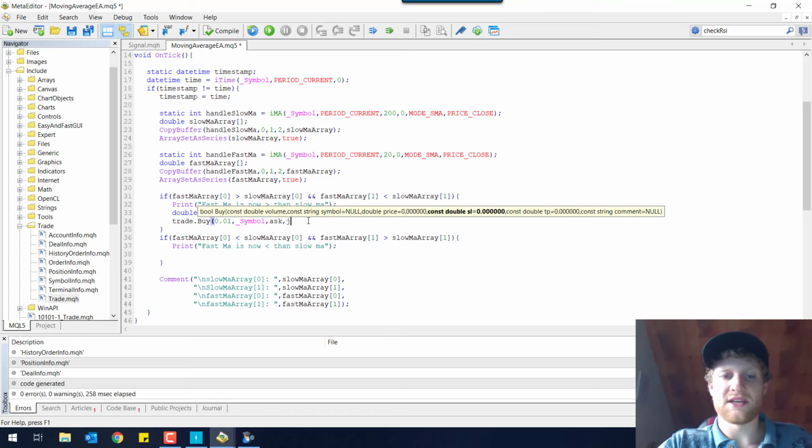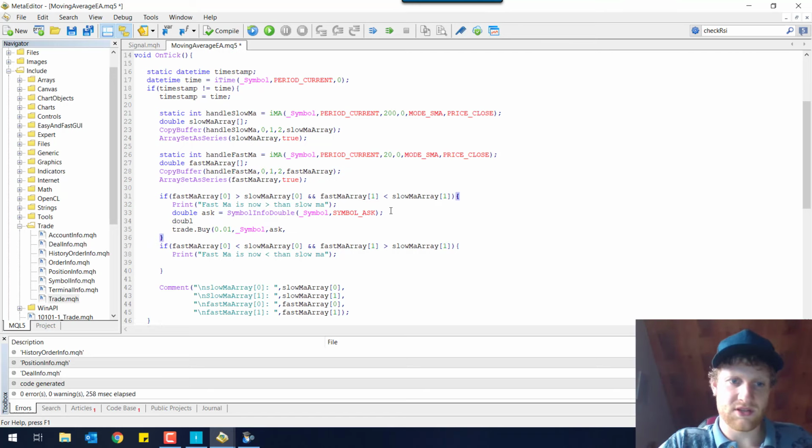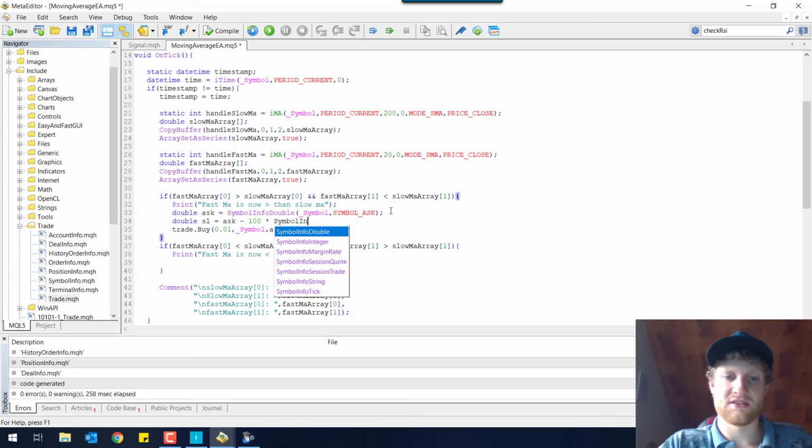And then we have to use a stop loss. Or we don't really have to use a stop loss, but we can, and we can just use a stop loss of, I don't know, like 100 points by using the ask price and subtracting 100 times the value of 1 point for this symbol, SymbolInfoDouble